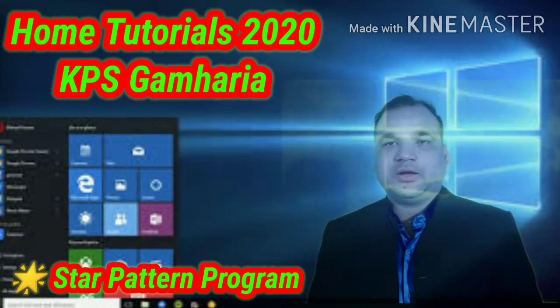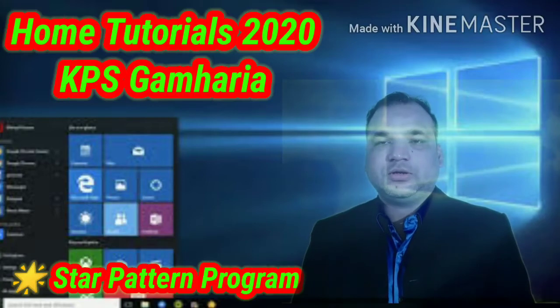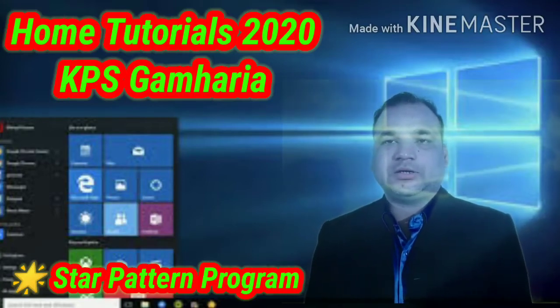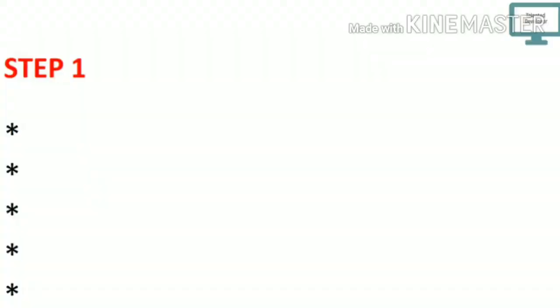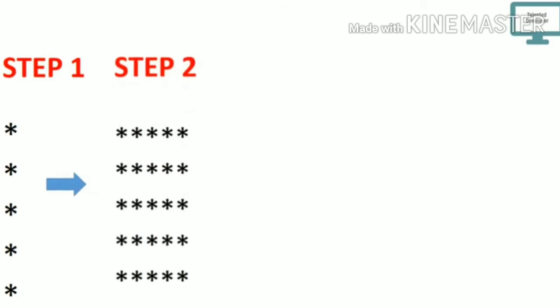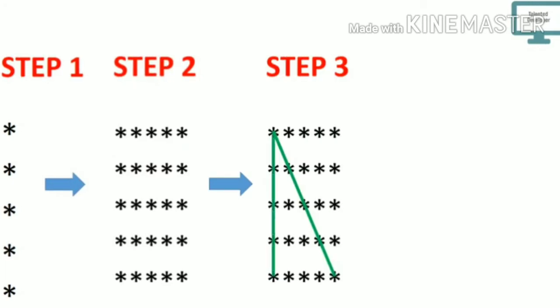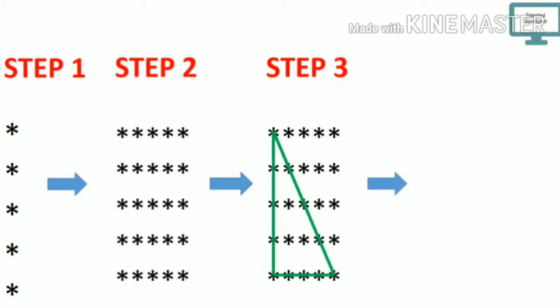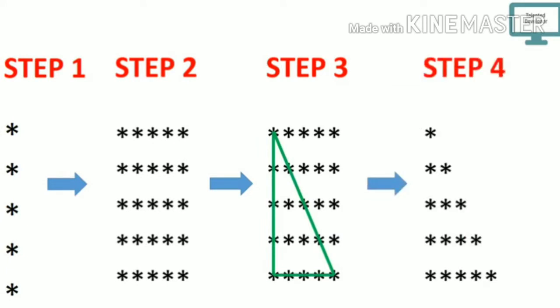Today's topic is nested loop. In this tutorial we are going to learn how to draw a simple star pattern. For that we are going to follow some steps. In step 1 we are going to first draw this structure. After that we will go for step 2 for this structure. Once we achieve this, we will go to step 3 to split this structure as shown on the screen. And finally we will go to our star pattern as shown in the figure in step 4. So now let's begin our Java coding.